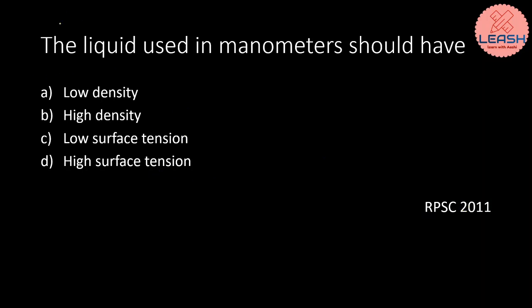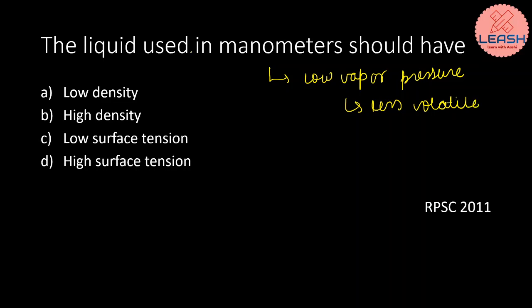So first thing is which liquid we use in a manometer. Before that, what is a manometer? A manometer is a pressure measuring device, and the most commonly used liquid in manometers is mercury. Mercury is used in manometers because of two properties. First, it has low vapor pressure, which makes it less volatile,